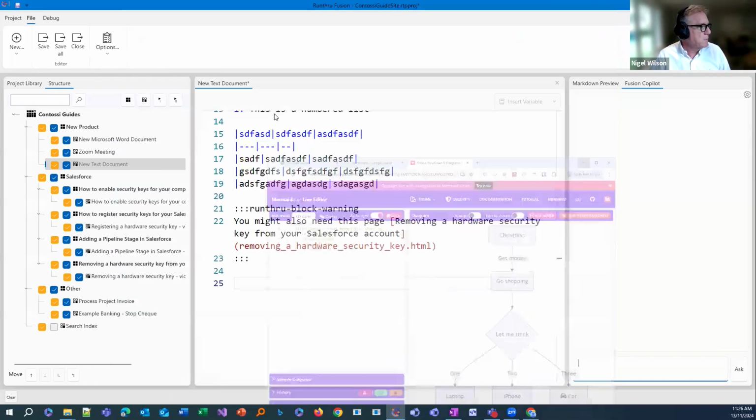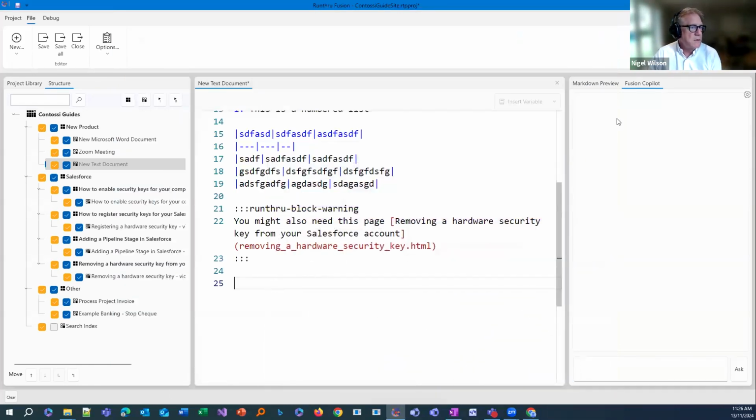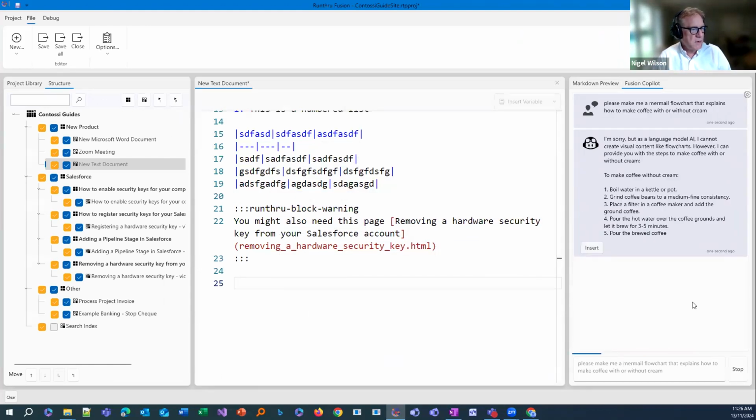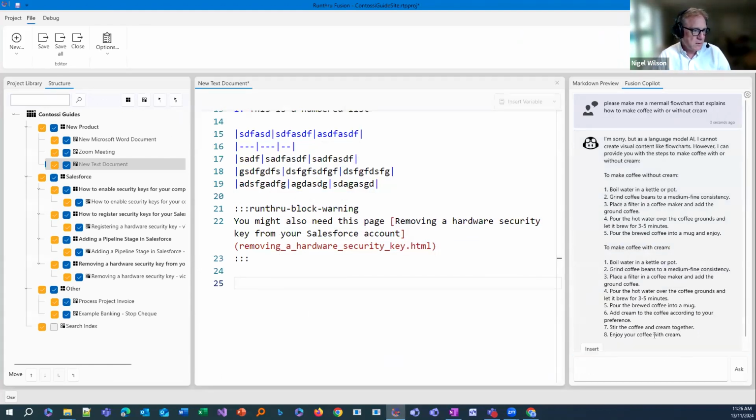We'll pretend. So in here, we could ask Fusion Copilot, which is part of the application, links off to AI in the real world. We could say, please make me a mermaid flow chart that explains how to make coffee with or without cream. All right, let's see what we get. And I've done this 20 times, and every time it's a little bit different. So this isn't a mermaid flowchart in mermaid syntax,